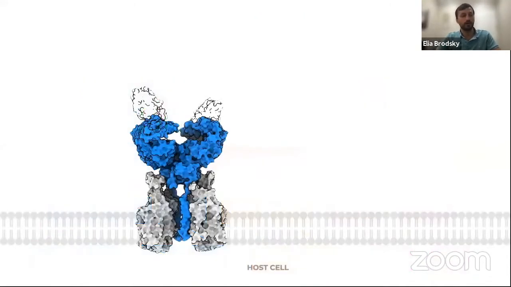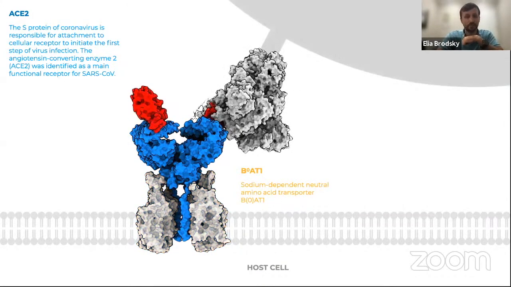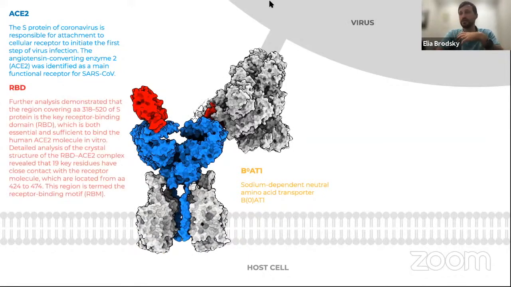So what we'll do in the program itself is we'll actually take these models of proteins that are on the host side. Like, for example, here you can see the host side ACE2 protein, which is in blue. But in reality, this protein is actually part of a complex, and this complex sits within the B0AT1 sodium-dependent neutral amino acid transporter. And then we'll also find the spike protein, which also, what we have from crystallography studies, is just a component of that protein, but we'll look at how they relate to each other by using UCSF Chimera and mapping those 3D structures onto each other, helping us understand how this virus actually binds to the host cell. You can see the membrane right here,